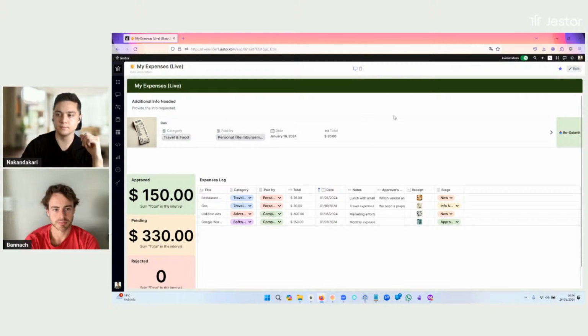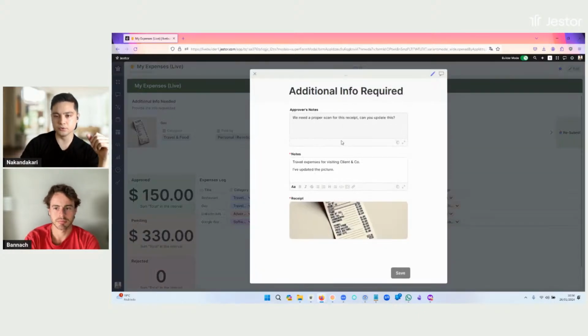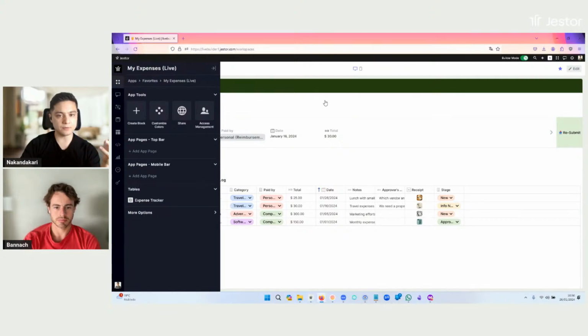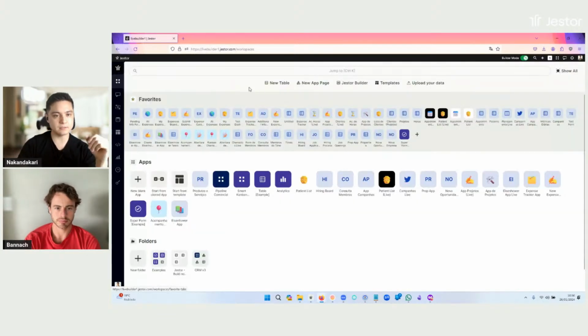Exactly. So I've just moved a card to pending information just to show you guys how it works here. So now when I click on this, it's going to use the form that I've just created, right? So it's not going to use this standard panel for updates. There you go. So the last thing that we have to do is just condense this all into a single